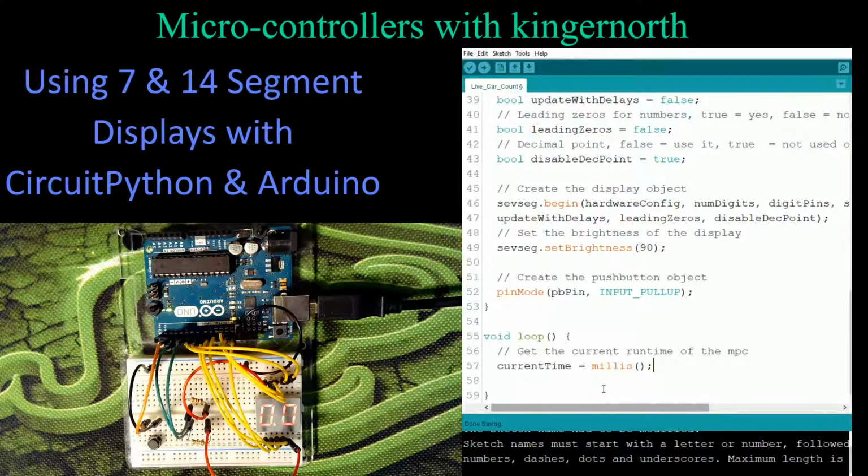So I'm just going to start by getting the current runtime from the processor, which is current time equals millis. It's actually going to grab the running time on your processor, and that's the time since it was powered up. So that's going to be done. The next thing I want to do, if I copy this down here,